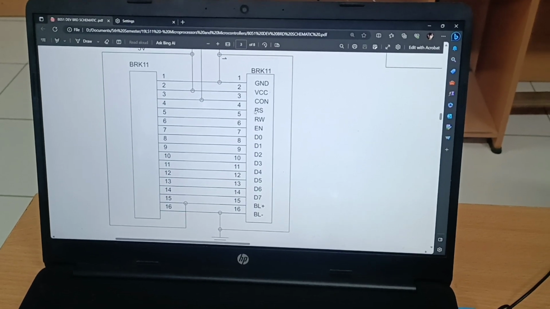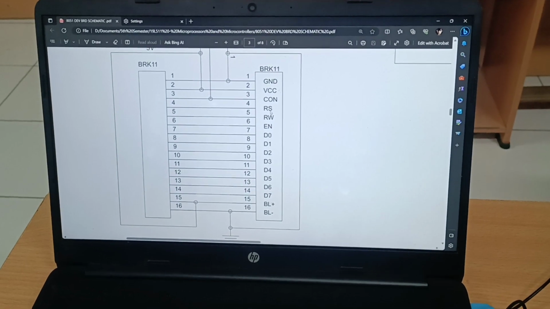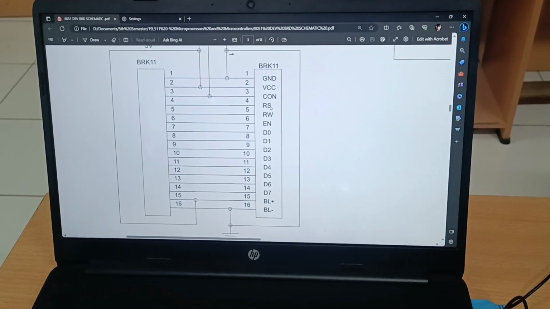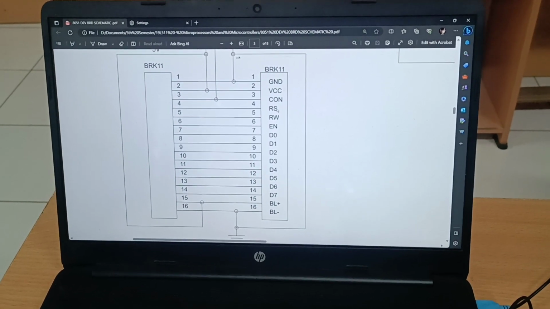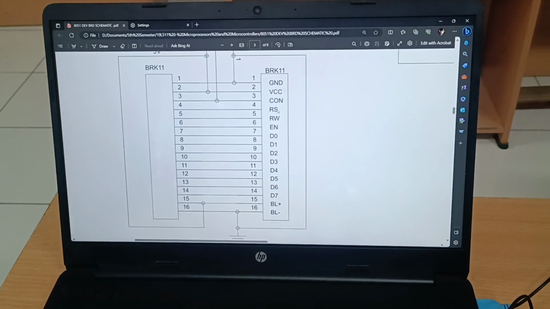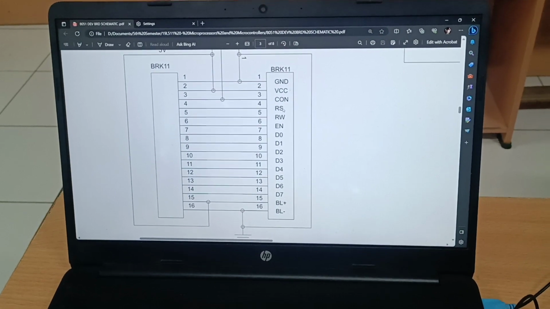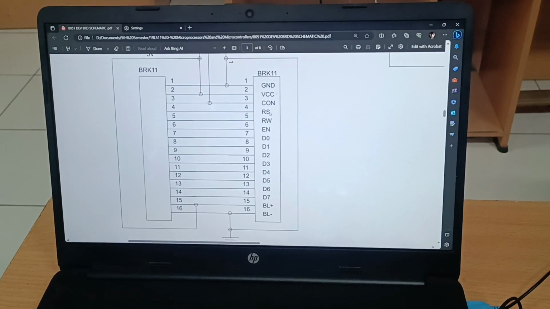So this is the register select pin. This register select pin is to select whether the address is coming in this data line or whether the data is coming in this data line. As we all know, the first row of the LCD address is 80 to 8F. The second row of the LCD's address is C0 to CF. What does it mean? If you give C0, it means second row first column is the place chosen to display the